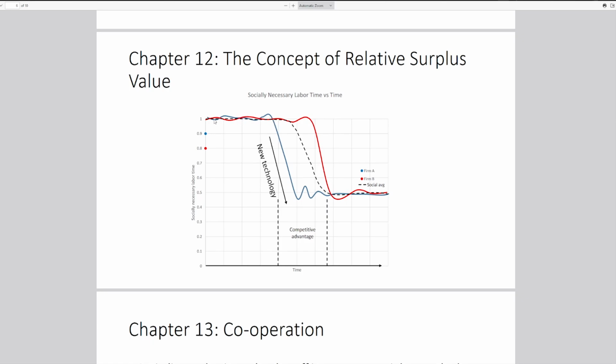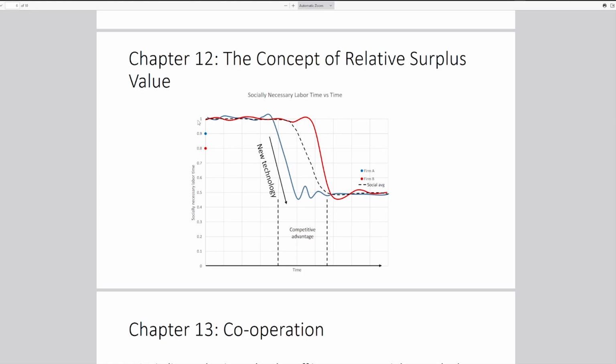But we can say that in this first period, they're basically on the same productive capacity. They probably buy from similar raw material producers. They probably hire similar laborers, of similar skill and so forth. So we would say that the socially necessary labor time here on the y-axis, don't worry about the numbers that much, they don't really matter, but